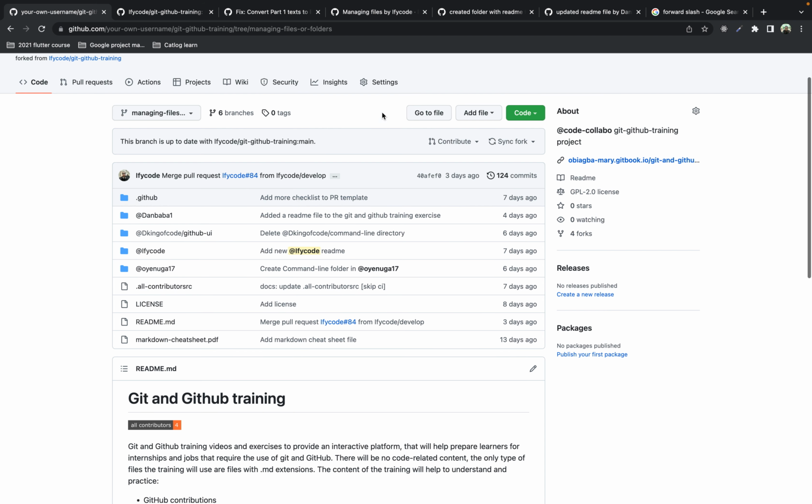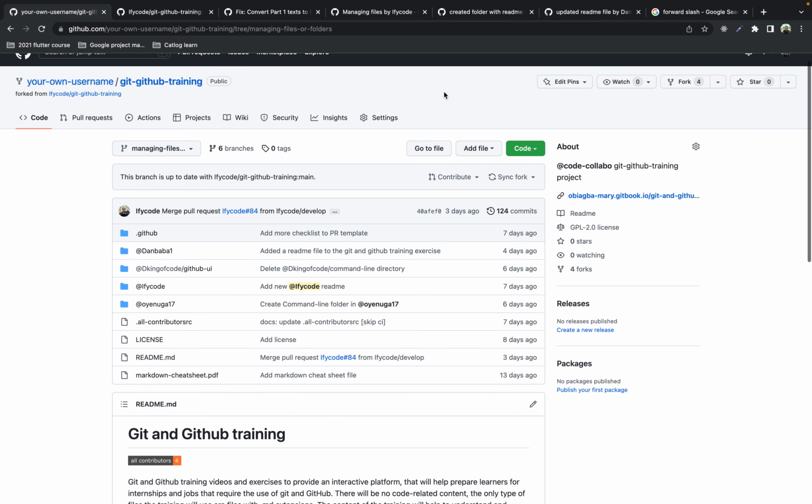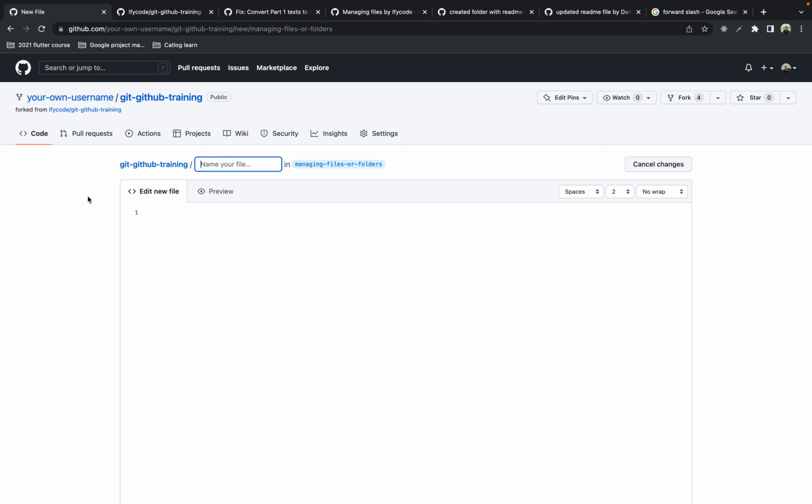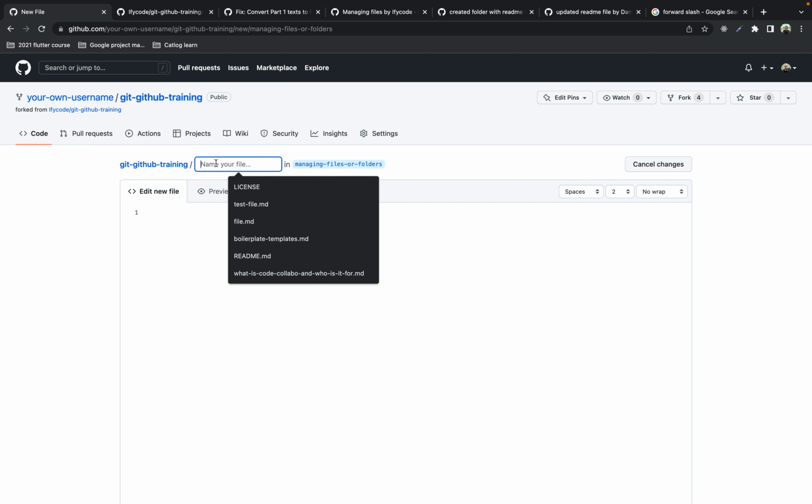To create a file using the GitHub user interface, just look for the Add file button somewhere in your fork, or even if it's in your repository anyway, and then in the drop down click on Create new file. That way you get to this page, where you have the name of the repo, and then there's a forward slash